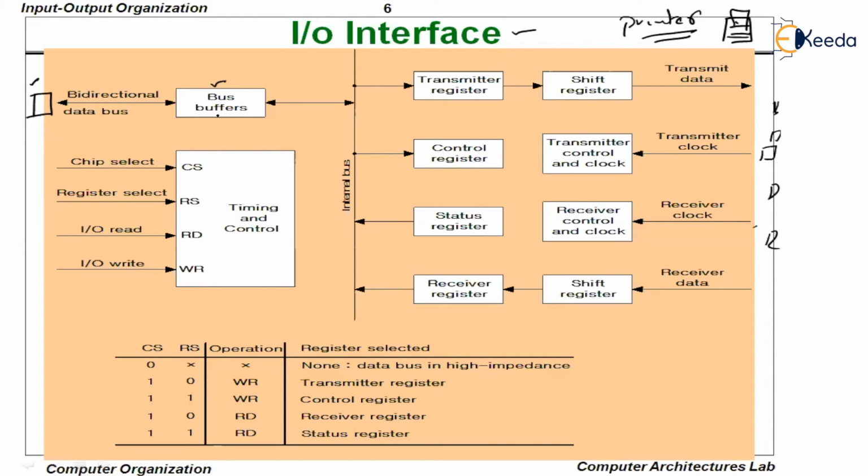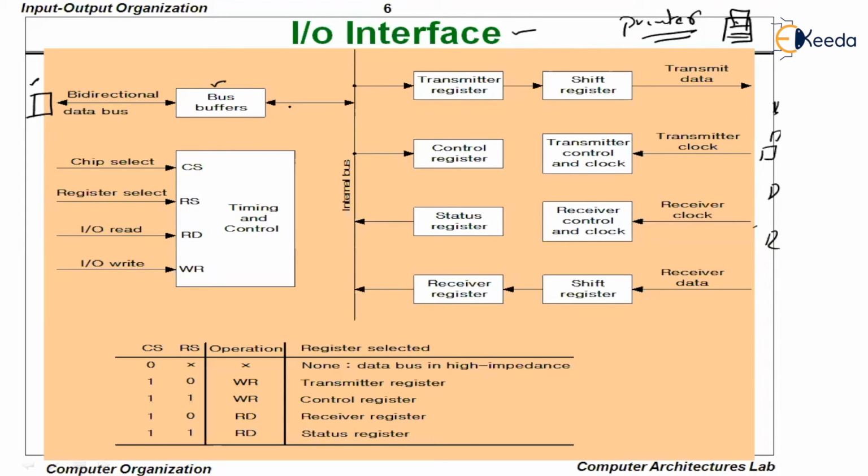Here, the bus buffer is going to store the data because the CPU is going to send the data very fast, but the printer cannot print the data at the rate of the CPU. Printer is going to receive the data very slowly and gets the printout very, very slowly. So the CPU is going to send the data at one rate and the data will be received at another rate. So what we do is we use a bus buffer in which data will get accumulated. Data items will get collected and one by one it will get sent to the printer.